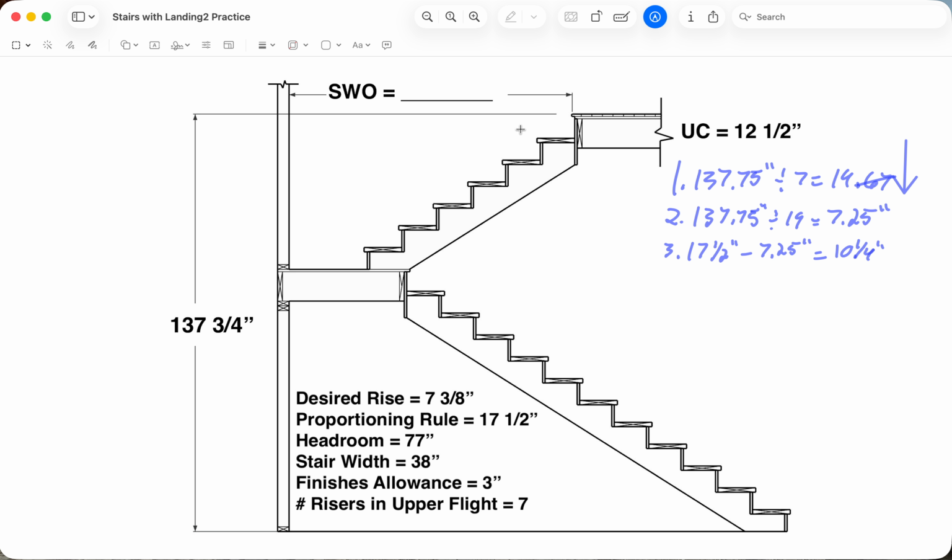So now really what we want to know is, how long does this stairwell opening need to be? And really we want to know what the rough stairwell opening needs to be. So we'll use our stairwell opening formula: unit run over unit rise is equal to our finished stairwell opening over headroom plus upper construction. Now in this case, because we are dropping down 7 rises, we're going to go minus upper